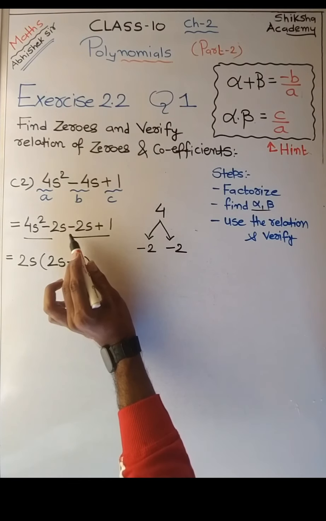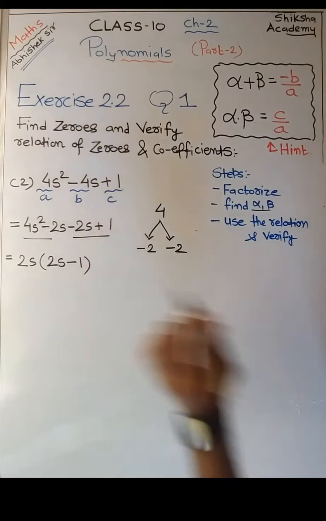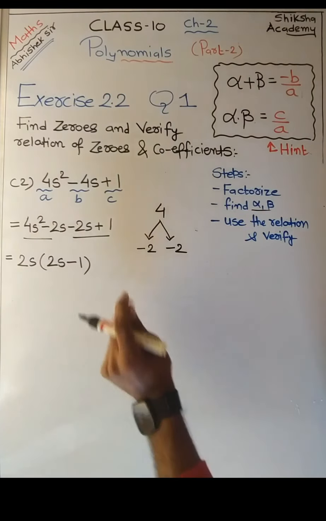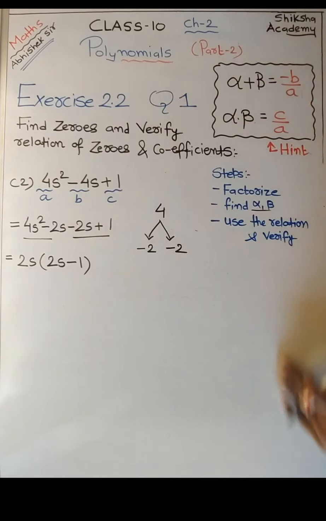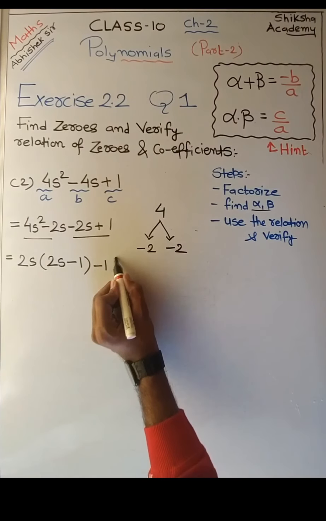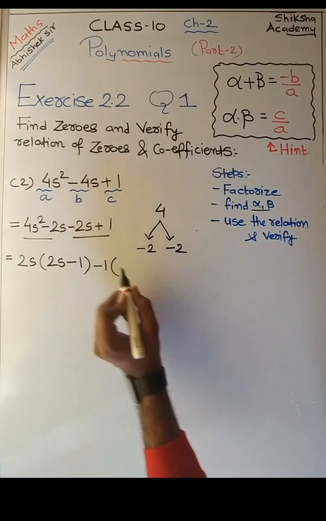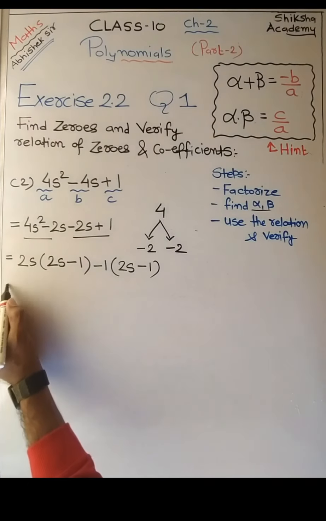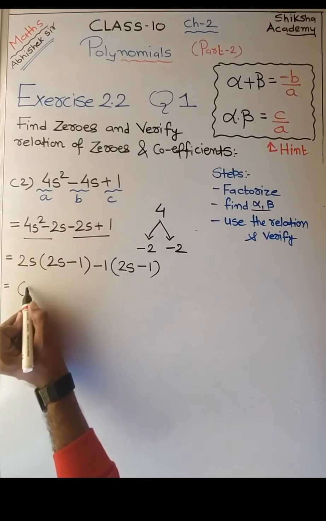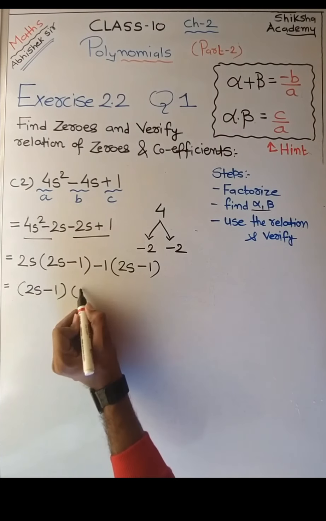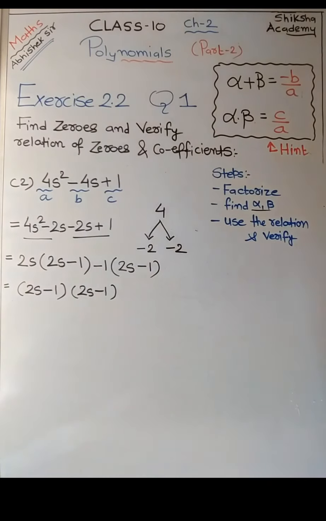Over here you see -2s plus 1, nothing common, right? But in bracket what do we need? We need 2s minus 1. So only we need to change the sign, and to change the sign we have to take minus common, right? So that is the trick. If you take -1 common, it will be 2s minus 1, right? So which bracket is common? 2s minus 1. Writing the common bracket first and writing the other one, that is 2s minus 1, right?